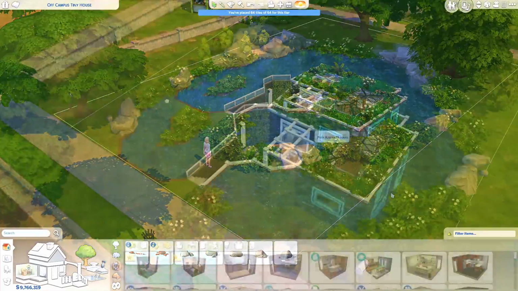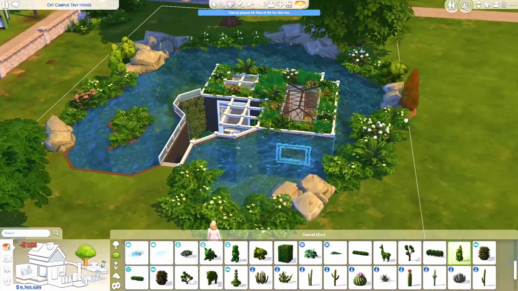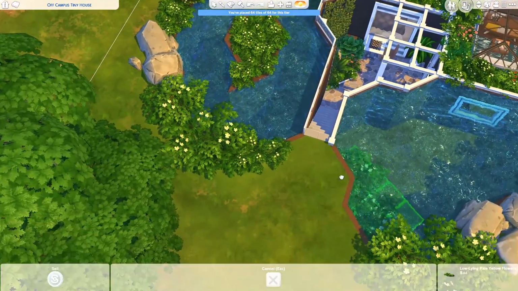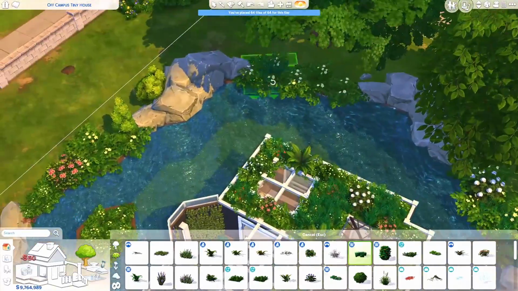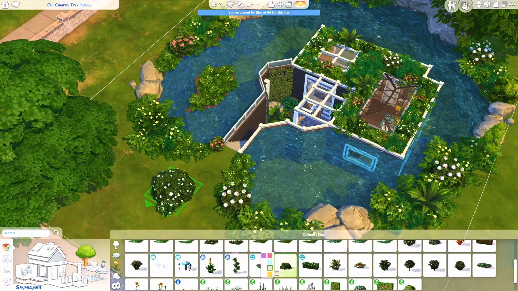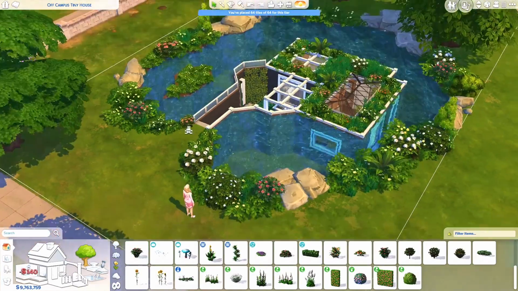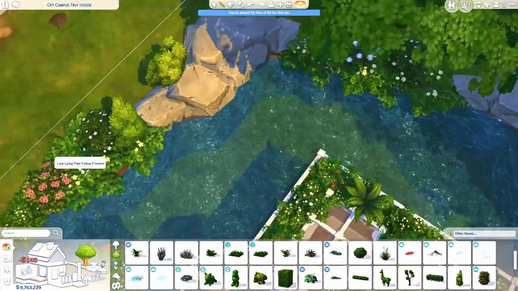Anyways, I just wanted to go a little bit crazy with the landscaping, considering the interior was very simple and quickly over with. I wanted to spend a little more time outside, adding to the landscaping. So I started placing a lot of plants around the pond along with the rocks, and then I found corals, I think they're called, from Island Living, in the